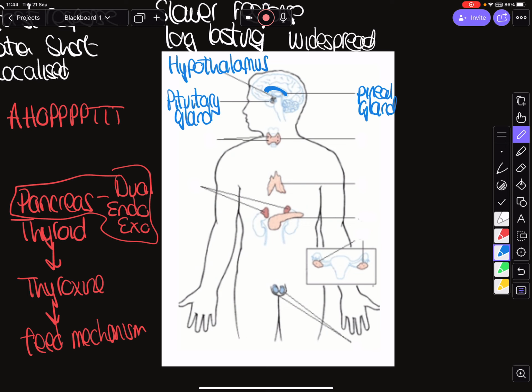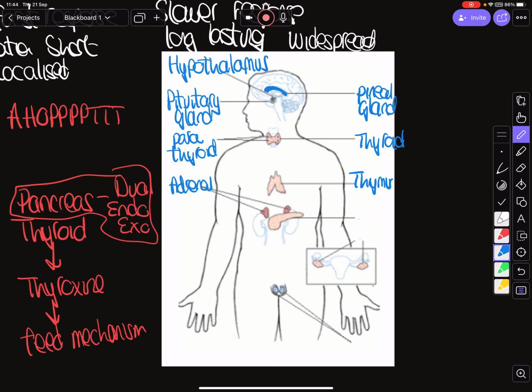Everyone else, what the pancreas and thyroid will do, and you will know some others because you'll decide you like them. So here in our throat, we have our thyroid gland, and over here we have what's called our parathyroid gland. They're the little 4 dots that are on this kind of butterfly right here. We have down here in our chest our thymus gland. We have our adrenal glands that sit on top of our kidneys, so everyone knows them.